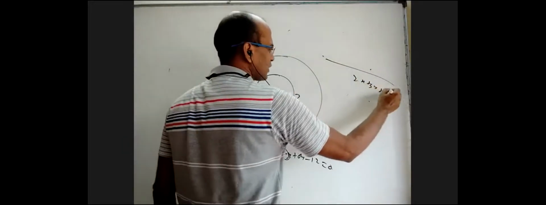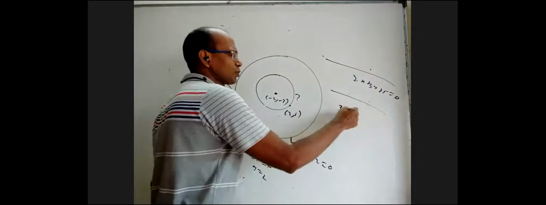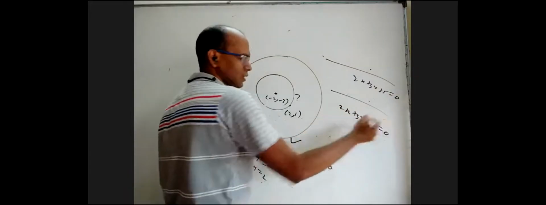Another way is, if two circles are concentric, the only difference between the circles is the constant. Other things are the same. Because the center is the same, one of them will be (x minus h) whole square plus (y minus k) whole square equal to r1 square. Another one is the same thing but r2 square. So when you expand, only the constant is different. Like you remember in straight lines in first year, if a line is 2x plus 3y plus 5 equal to 0, any line parallel to that will be 2x plus 3y plus k equal to 0. Only the constant will change.